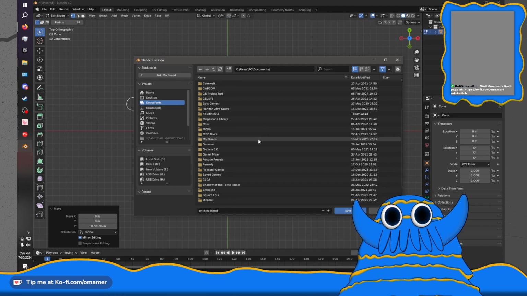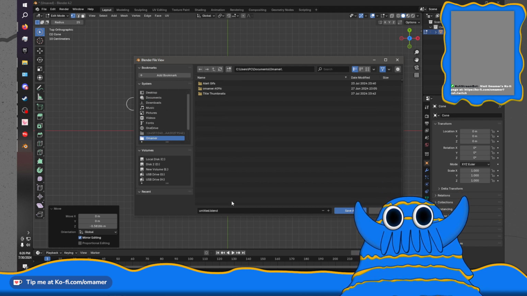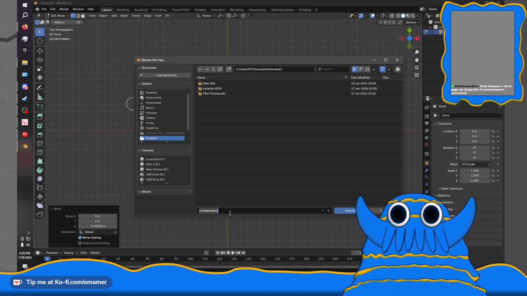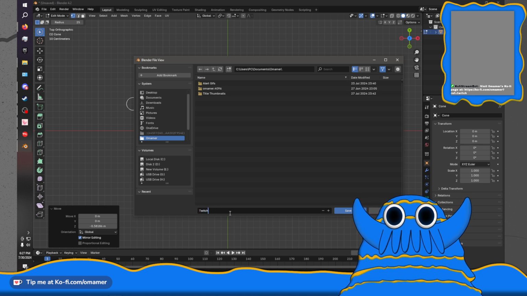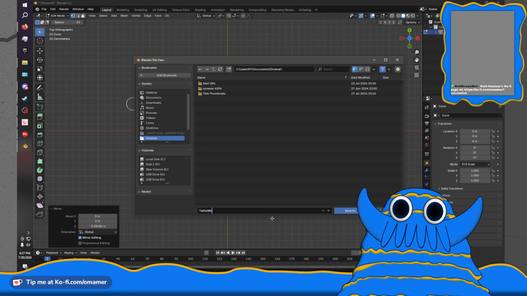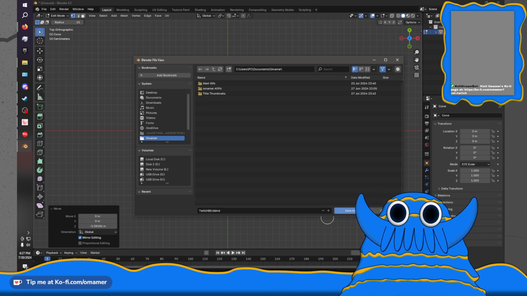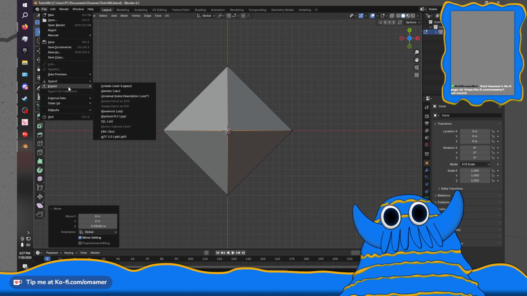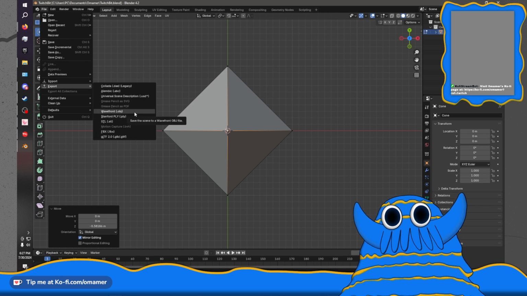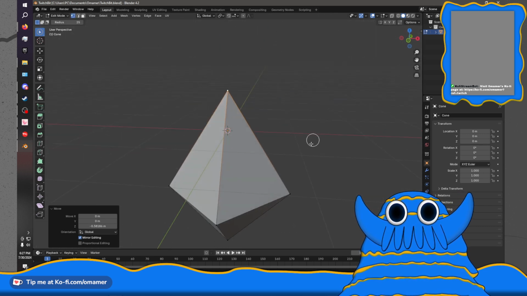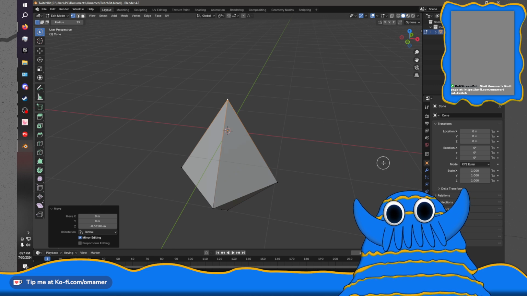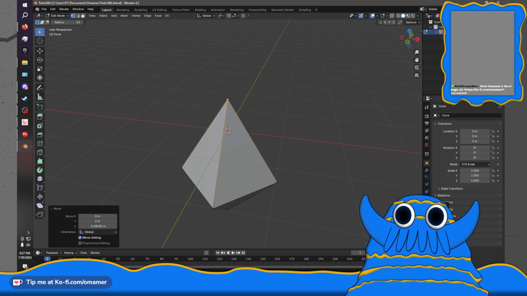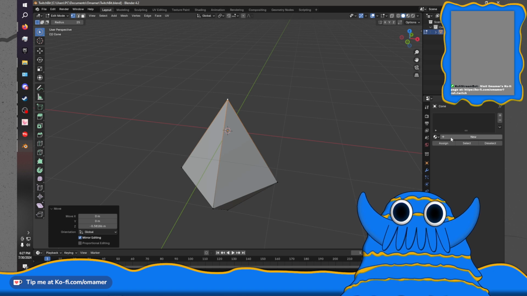Let's go ahead and save this in here as TwitchBit. And then we're going to go up here, exports. We've got this object option wavefronts, but actually I'm not done in here yet. There is one more thing I need to do, and that's come down to the material editor. And we are going to create a new material.